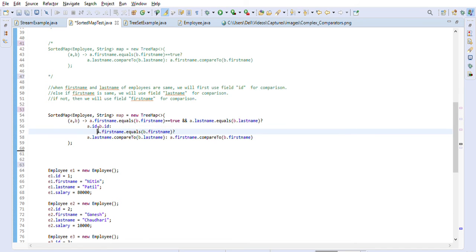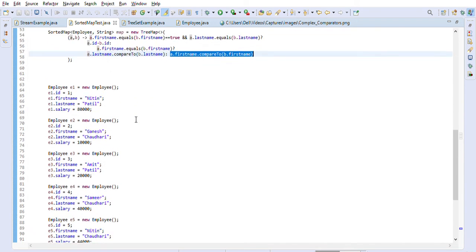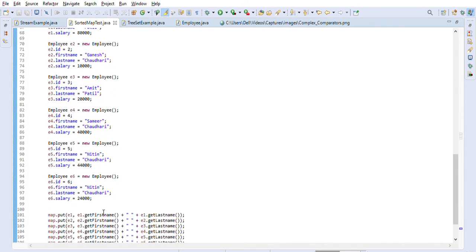If that is not the case, then we will check if the first name is matching the other employee's first name. If that is the case, then we will use the last name for comparison. If the first names are different for both employees, then we will use the first name. So here as you can see we have employees E5 and E6.